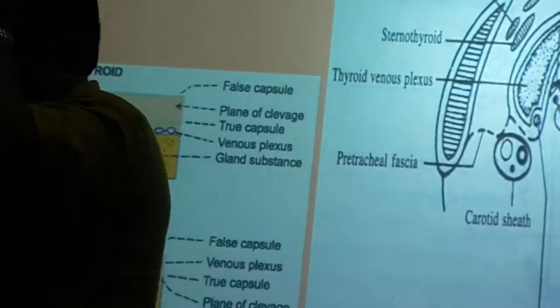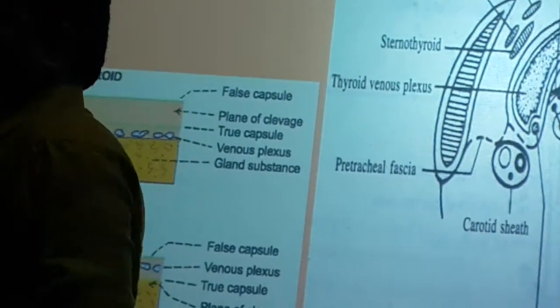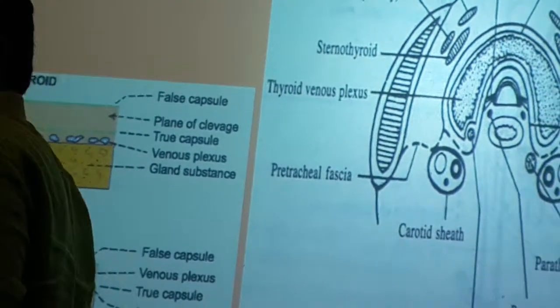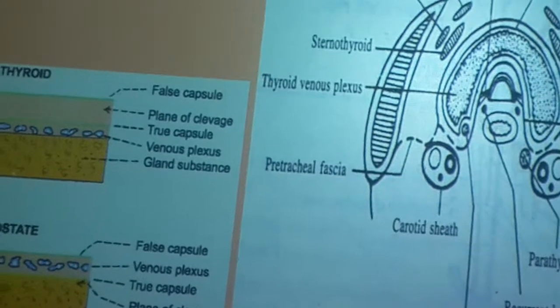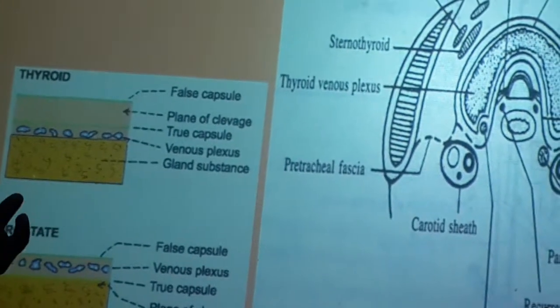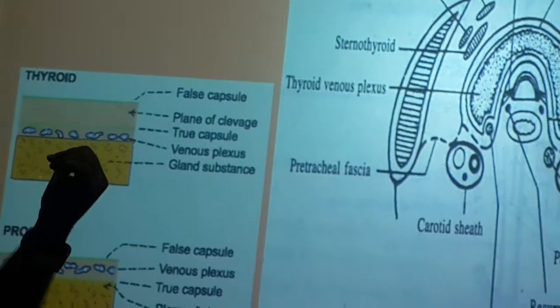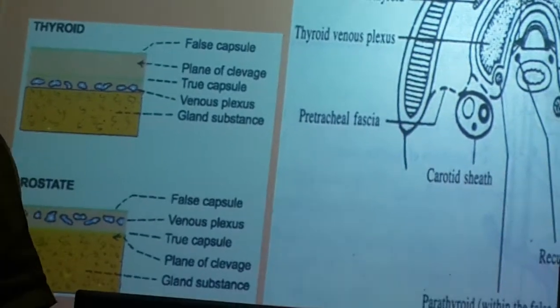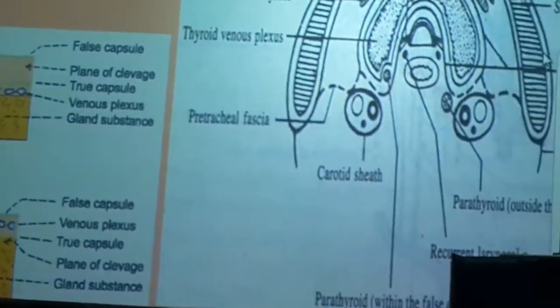So if you have to remove the thyroid, that is thyroidectomy, along with the true capsule you have to remove it to avoid hemorrhage because it contains the venous plexus. This is about the capsule of thyroid gland.